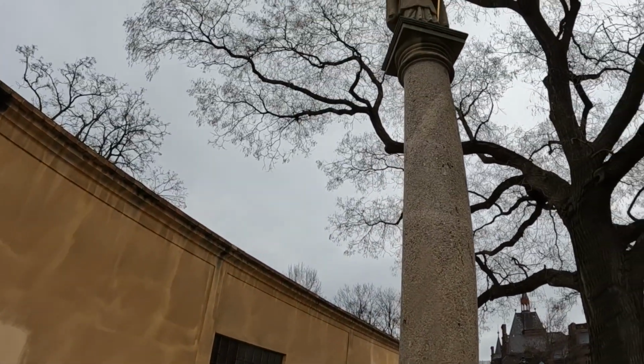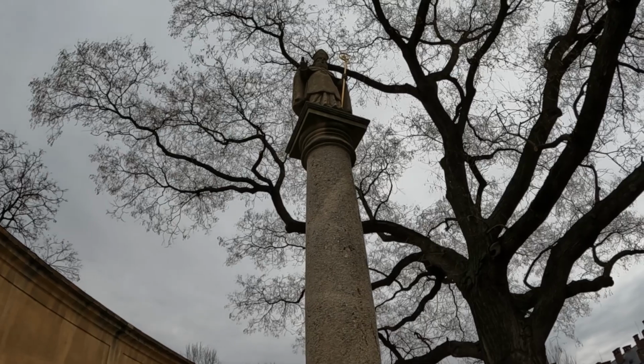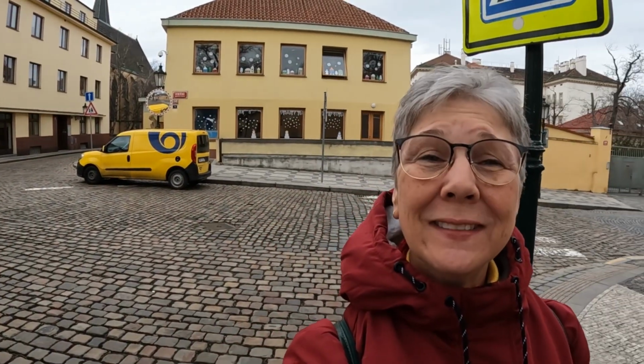Isn't that cool? So here I am at the column of Svatého Vojtech, and his name actually means consoler of the troops, I believe. It's a really cool saint at the top of a column there, and he's just standing at the intersection. And that's one of the things that's so neat about Prague, that it's full of all of these beautiful little things that natives take for granted because they're everywhere. Everywhere you look, there's something so cool to look at